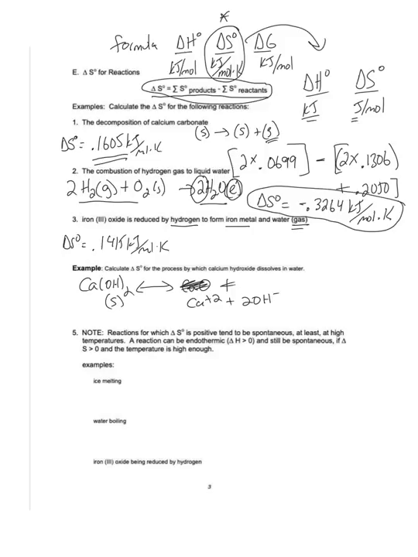If you were asked to predict the sign in this, again, we would predict the sign of this reaction to be greater than 0, or positive, because ions have less order than a solid state. So again, we are going to a more disordered set of products, and therefore we would expect the entropy to be increasing